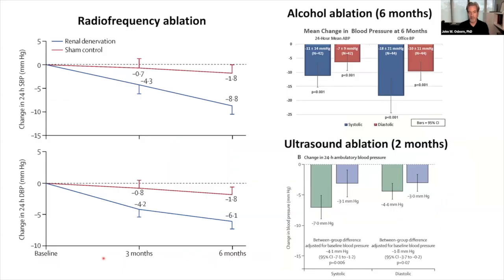Just quickly, these are different clinical trials for all 3 catheters. And what I'm going to say is that if the procedures are done properly, you get pretty much a drop in blood pressure using all of the procedures in a way that is equivalent to maybe 1 anti-hypertensive medication. So it works regardless, I would say, of the energy that you use or the approach that you use.